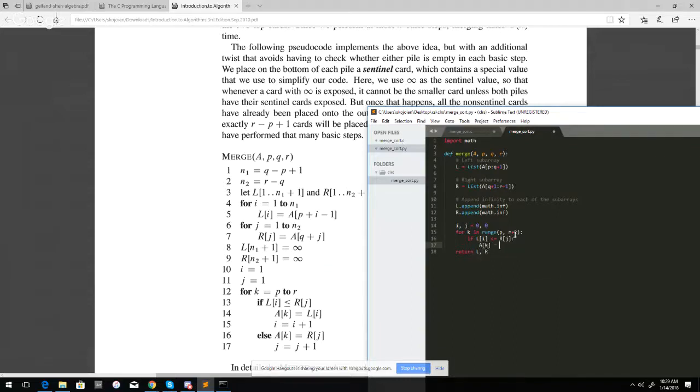So A at k equals this element, and then increase the index. Otherwise, in other words, if the right subarray's element is larger, then that's what we're going to put inside A. So we're going to say A at the kth index is the right one's element, and we increase that index, j, by 1. So, all right. So this should do our merging, and then I don't want to return